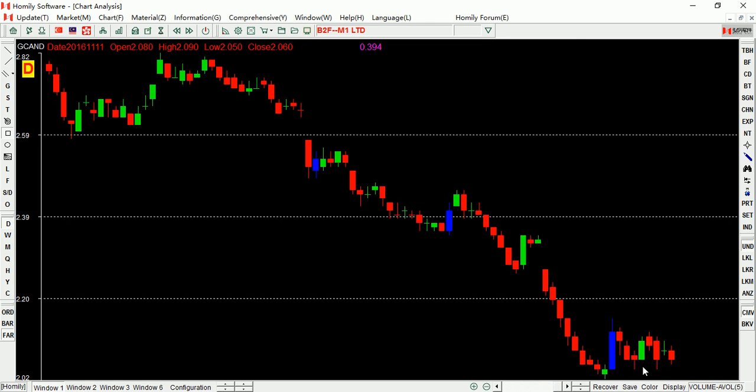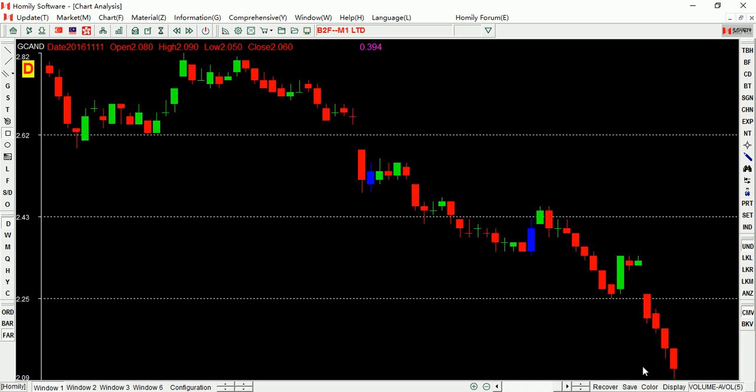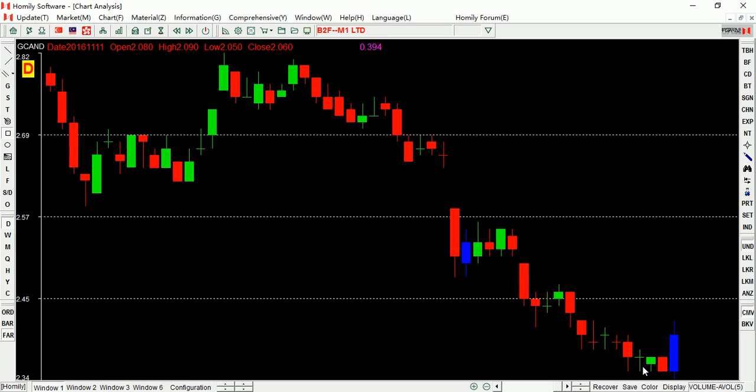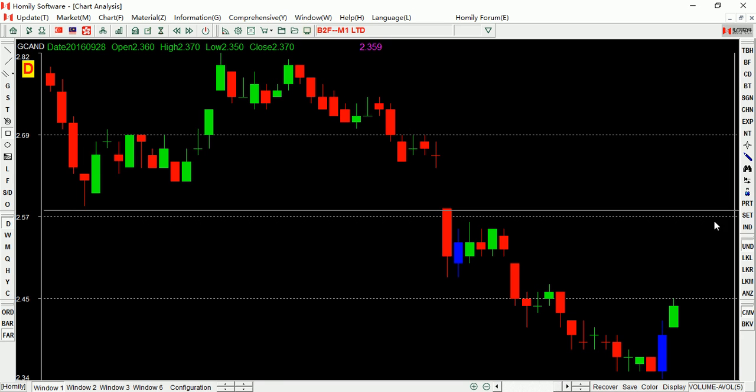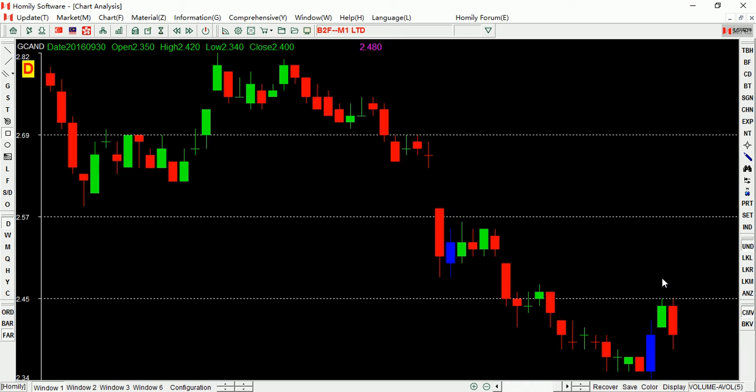M1, we can see the trend. The trend is downtrend or uptrend. Obviously, it's downtrend because of the lower low and lower high, okay? So which point is the good buy point? If you see the blue candlestick appears, which means you can pay attention because this is the oversold area. Then here, can we buy or not? The closing price is higher than this one, so it's the buy point, right?